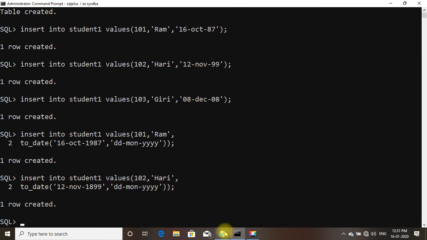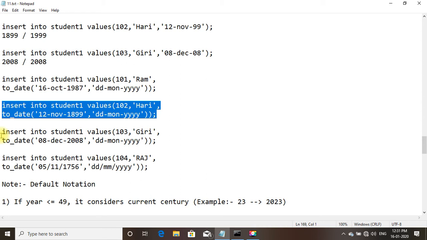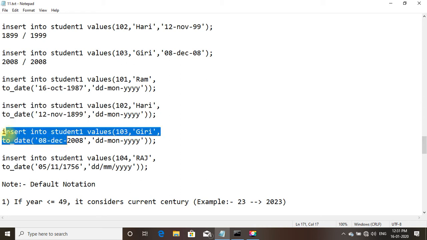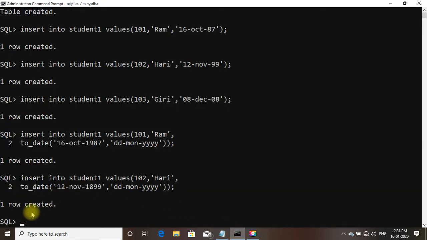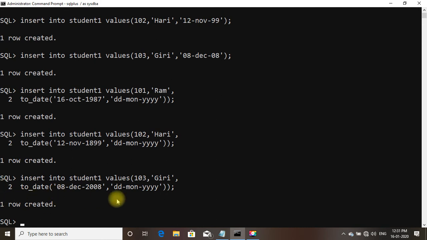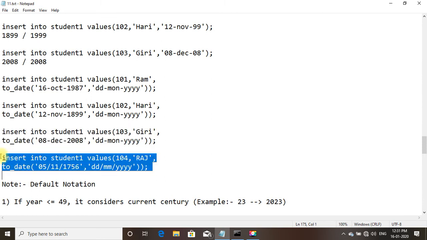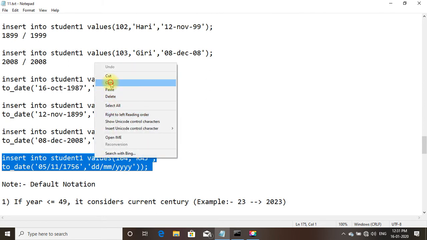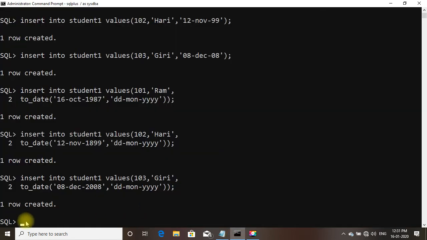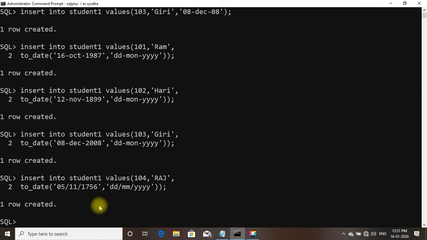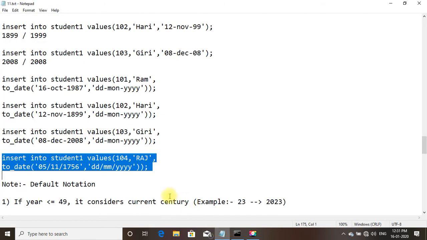Now we shall insert another row. Copy and paste. One row created. Copy and paste. The fourth row has been created.